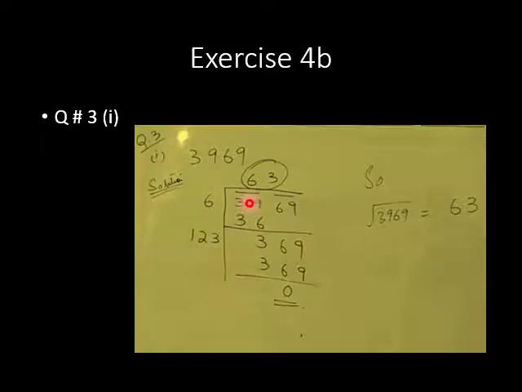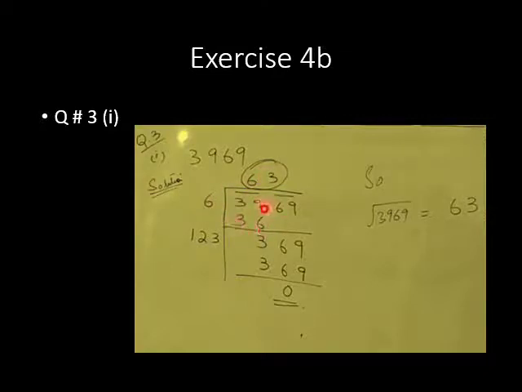We have to write the same number in both. If we are multiplying here 2, then we will also write here 2. If we are multiplying here 4, then we will also write here 4. We can't write here 2 and also here 4. It's not a simple division, it's the division method for finding the square root. We will write here 6 and also 6. So 6 sixes are 36.